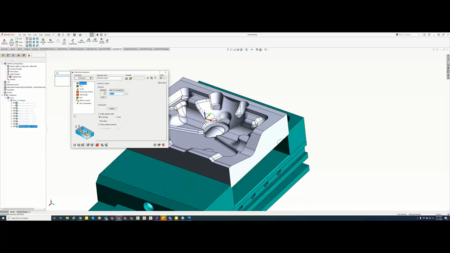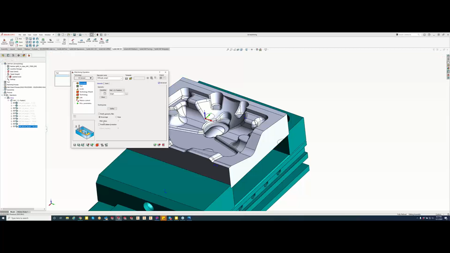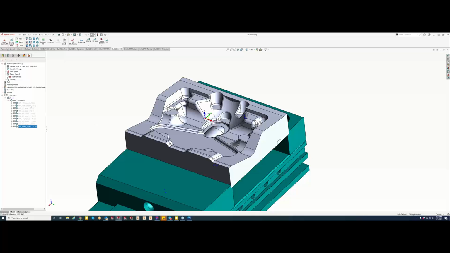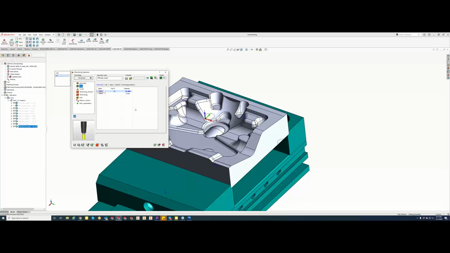Okay, so we got our target, and like I said, it will find the target automatically for you if you do, like we were just talking about. You guys do have the option to do a show, and it will highlight the target for you. So we don't have to really worry about a working area here. Now what I'm going to do is come in here, and grab that same tool that we started off with right here. We can do multiple tools all within one operation now. So this one, they were doing a roughing strategy with a 16 millimeter, and then jumping down to tool number 2, which is